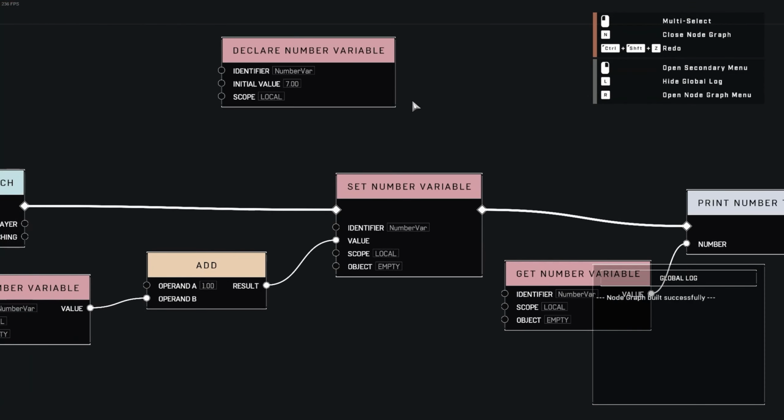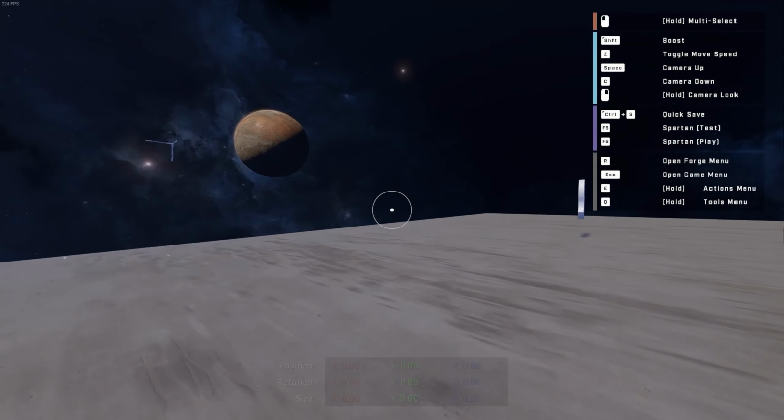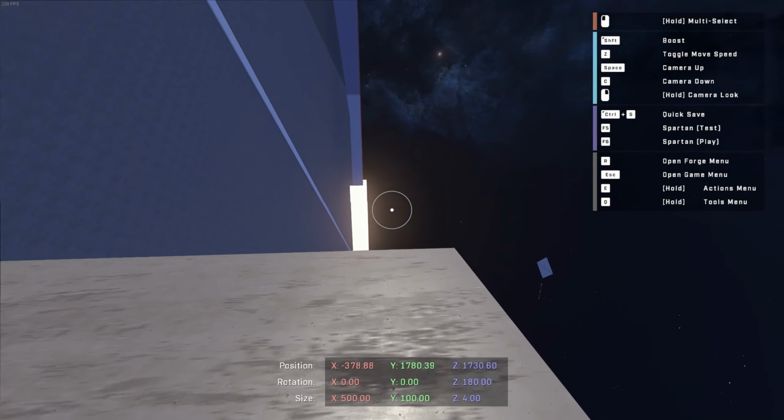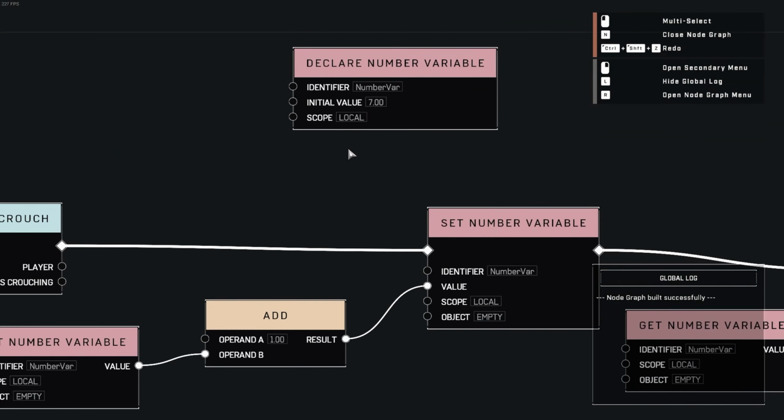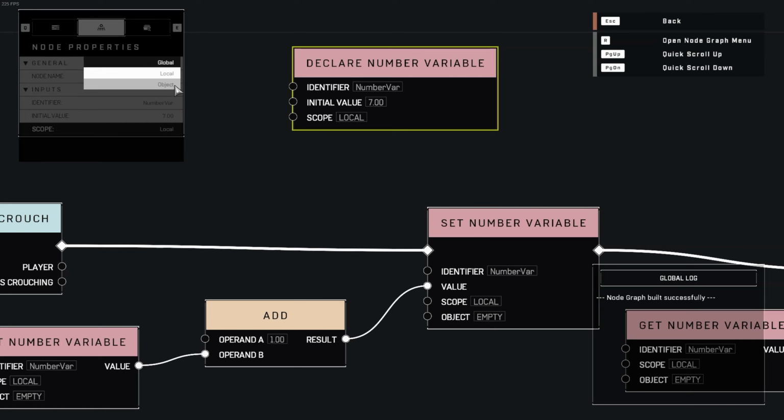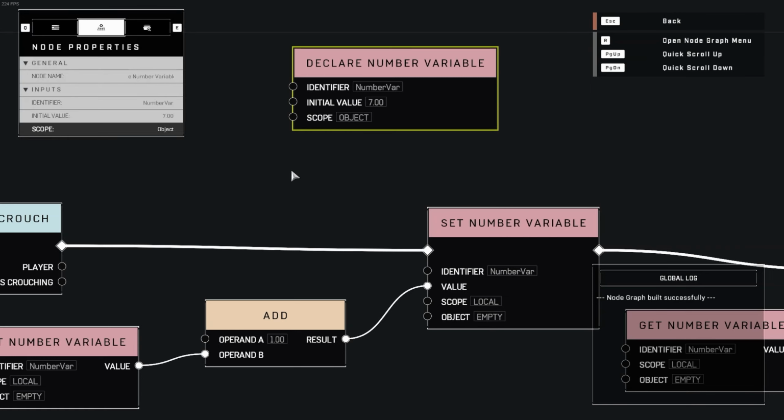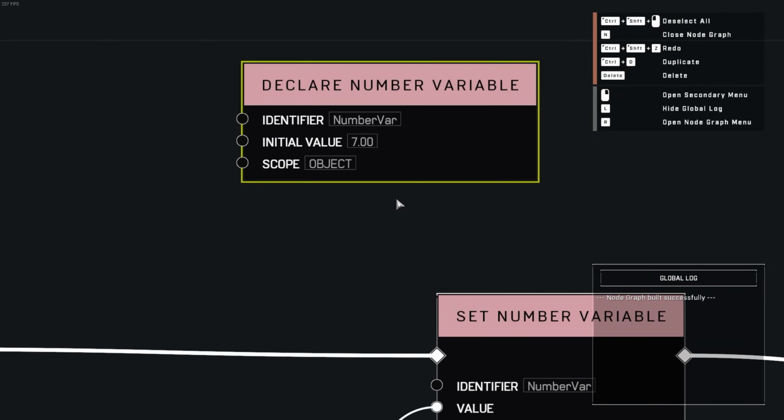So onto the difficult part. Now, this is a little difficult to wrap your head around at first, I think. And that is the final scope, the object scope. Global and local, I feel like, are pretty self-explanatory, because global means you can use it from other script brains. Local means just the script brain it was declared in. Object is weird because when you declare an object variable, every single dynamic object gets their own unique instance of